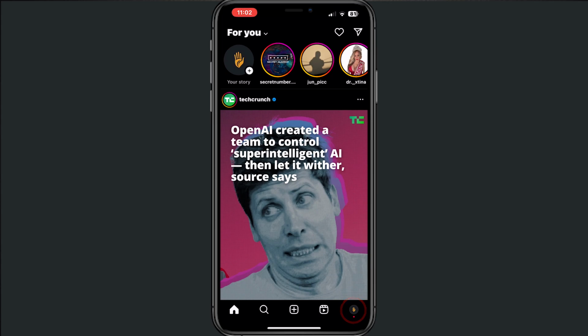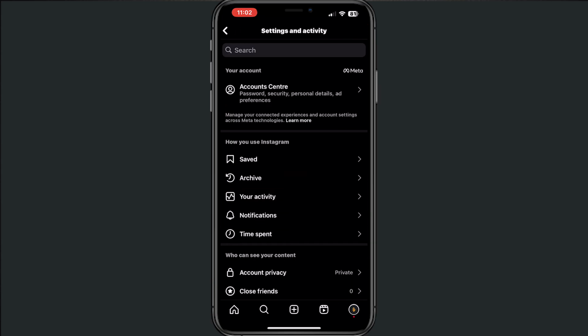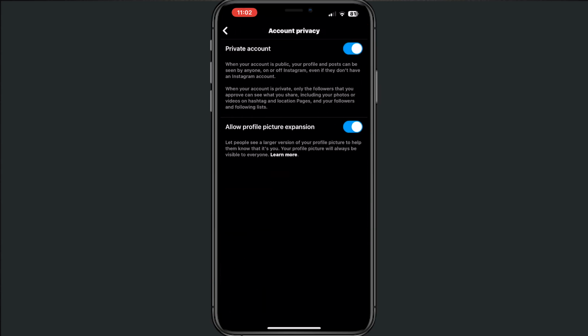Alright, first of all, we want to put our profile on private. So go to our profile, tap on the three lines right in the top, then go to account privacy and turn on the private account button. So now our account is private and only my followers can see our story. Now go back,